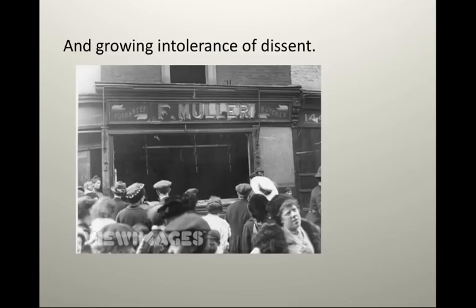I mentioned the anti-German backlash. Here you see a delicatessen butcher shop owned by an F. Mueller, so presumably a German American, has been gutted. The windows have been broken out. There's a crowd of people out looking at it, and there were reports of popular public violence. In the nation that brought you lynching, it's not hard to imagine how mobs of people could set upon a German butcher shop. And what was his crime?